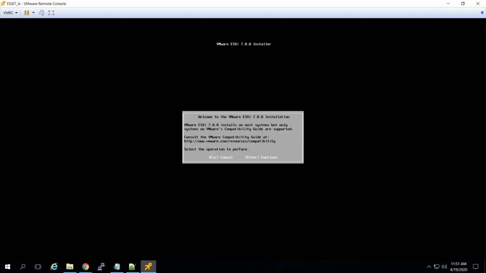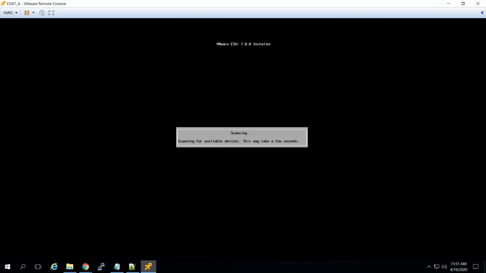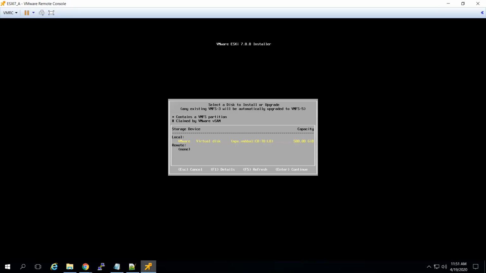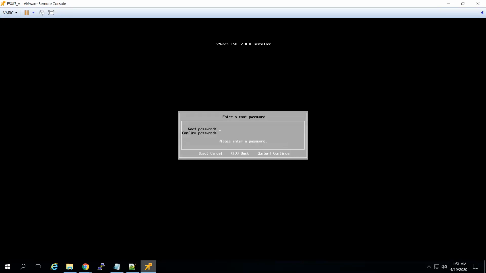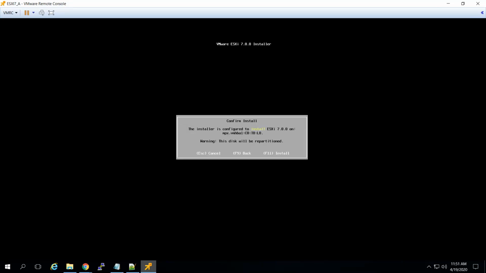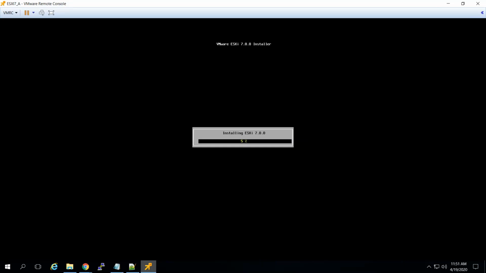So again, got the option to enter F11, going quickly, enter root password, hit enter. Okay, now F11 to install. Once I enabled virtualization in the CPU tab, it resolved my error and I'm able to install ESXi.